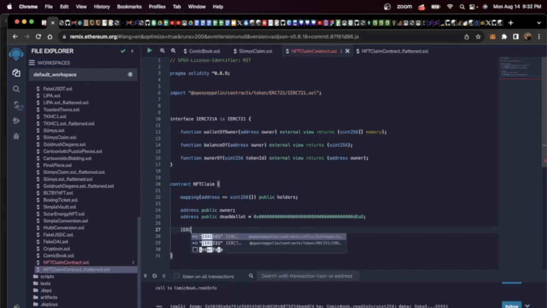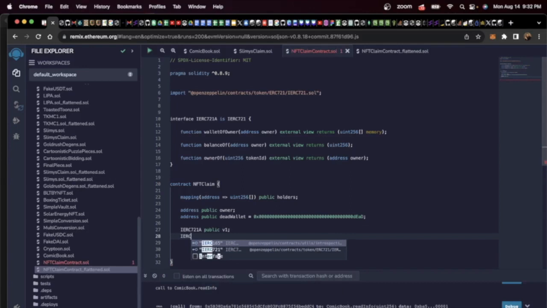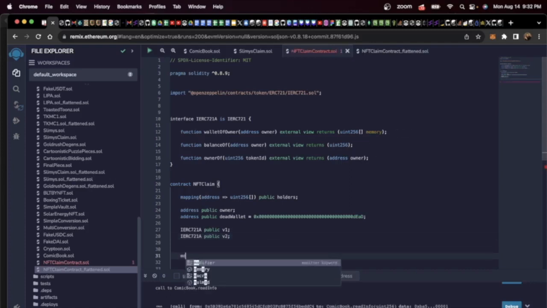Lastly, we need our NFTs. And the reason why we are giving them this type IERC721A is because we want them to be able to use these functions from the interface. Next,